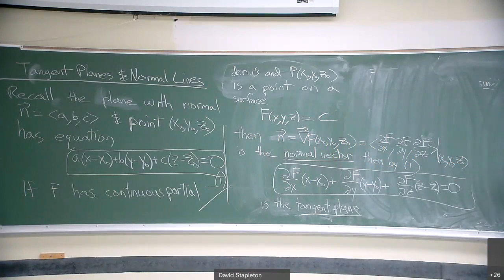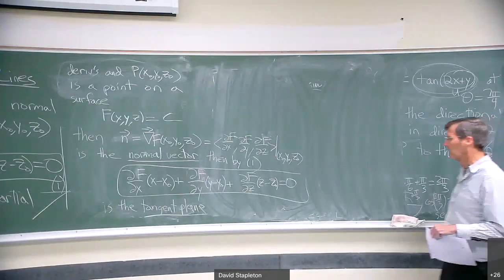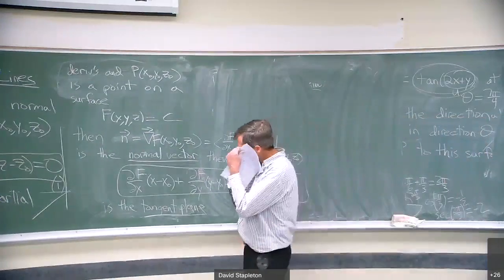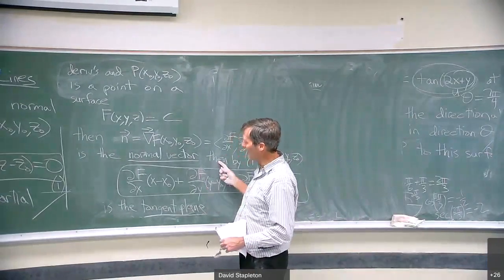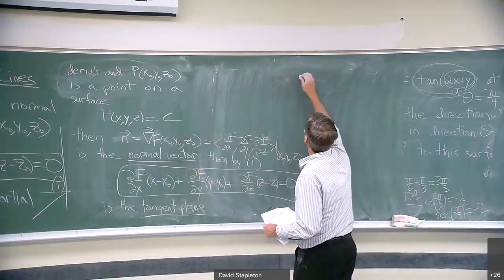Furthermore, you can get the normal line. How do you get a normal line? It's pretty easy too. If you're given a point and a normal vector to the plane, you use point normal form for the plane, equation 1. Also,